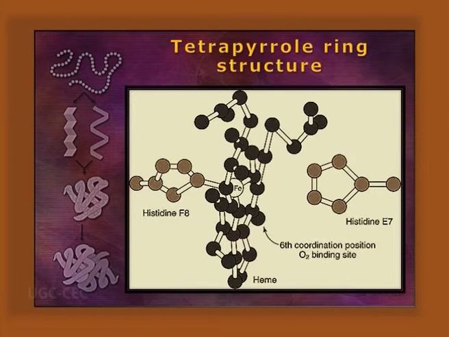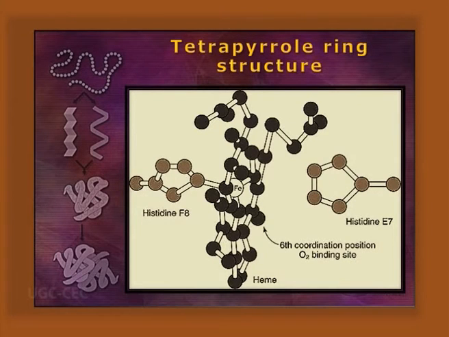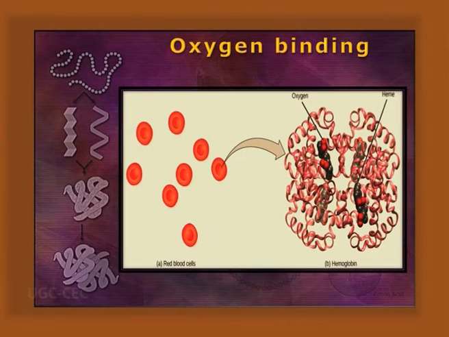will be coordinated at the 5th ligand binding position to the histidine 93 of the F8 helix. And when it is not bound in the deoxyhemoglobin state, it will be bound at the 6th position with water. But when the oxygen binds, that will interact with the E7 histidine 64 residue, that is called the distal histidine. The first histidine is called the proximal histidine. Now, oxygen binding with this iron is actually communicated to the other subunits, making them more susceptible towards oxygen binding. So, allostericity and cooperativity are found over here. General function, it receives oxygen from the lung near about the 100 millimeter of pressure.